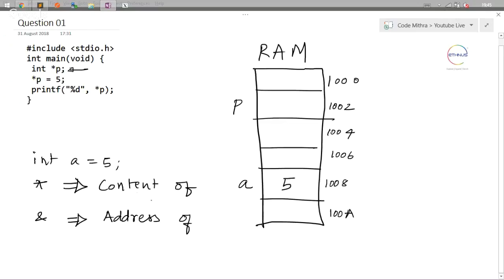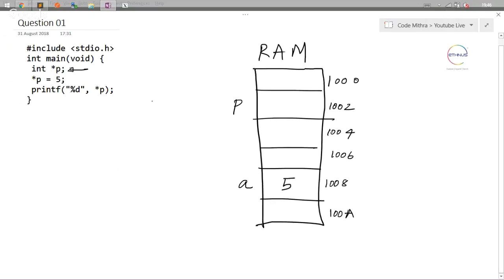With these two things, you can solve any kind of pointer question, whether it is difficult, very easy or a medium kind of question. We will be able to solve any kind with these two different words, right? So we will proceed now. What they are asking us to find out is star p equals 5. Star p can be rewritten as content of p, right? So this again can be reduced to content of nothing,